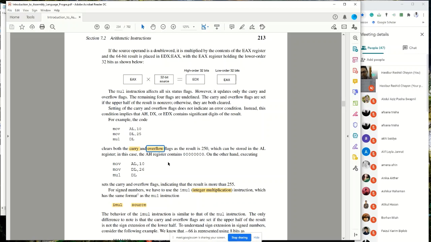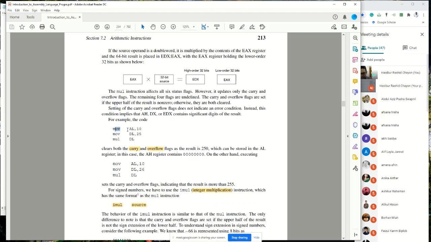It's not an error message. Okay, it just tells the microprocessor what type of data we have, either it's a carry or overflow, or both of them. Okay, so let's see how. For example,